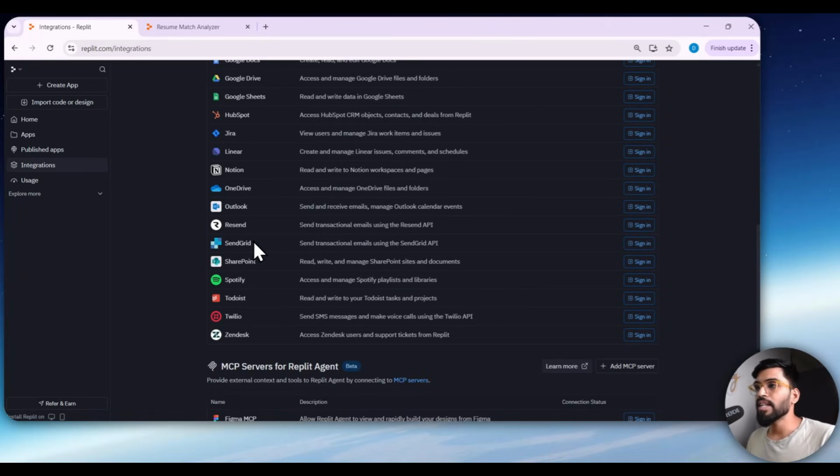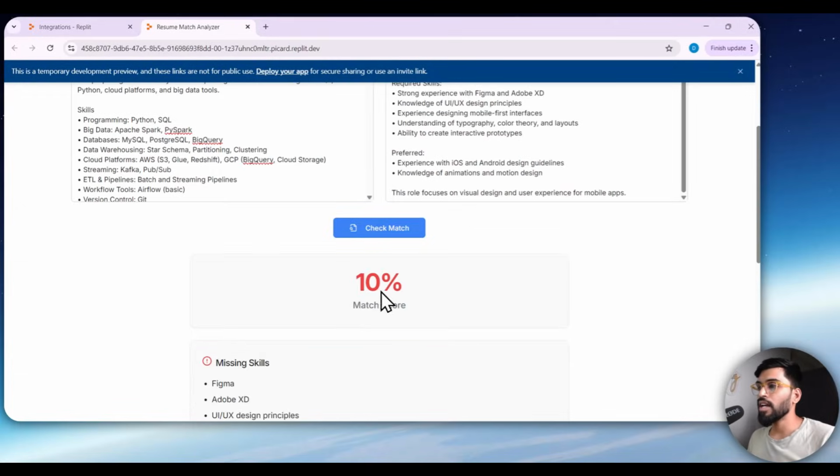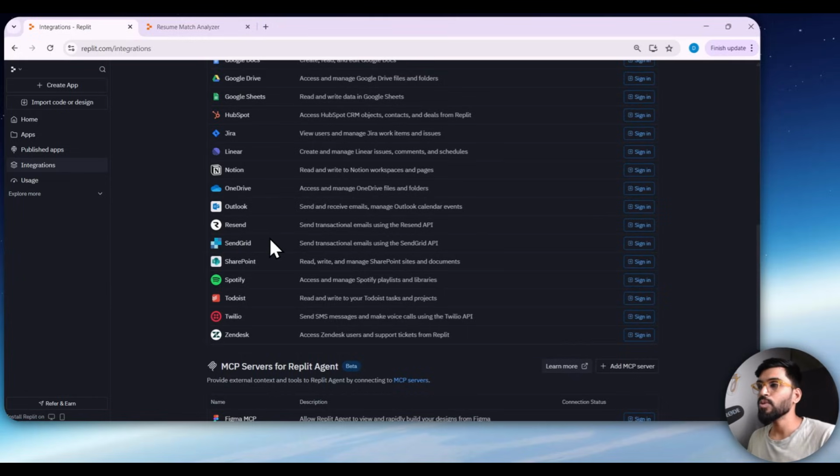There is something called SendGrid. SendGrid is an app that lets us send emails to our followers. Like if you have a newsletter, you have to send an email to all the people who subscribed, right? Or you have a bunch of emails and you want to trigger an email. Now imagine whenever a user comes here, they get their report, but I just need to add one more button here. When they click it, this report has to be sent to their email, right? If I want to do that, I can go for SendGrid to enable email integration in my app.